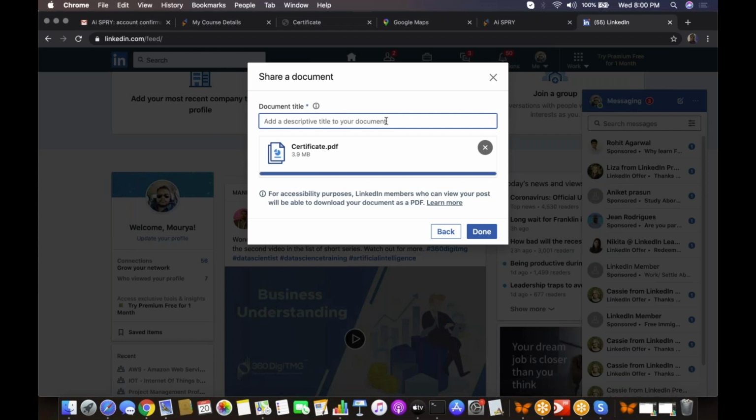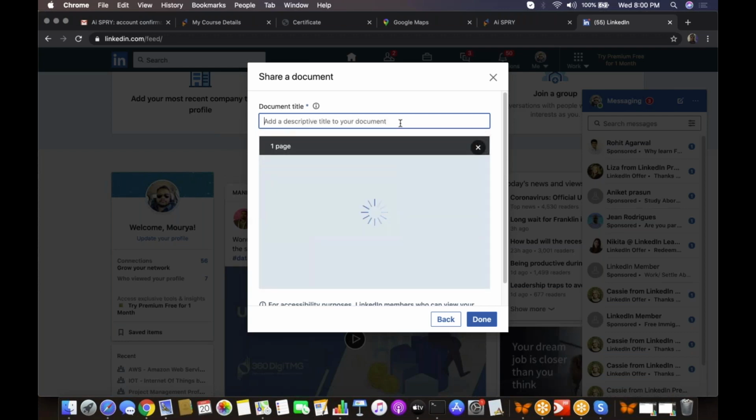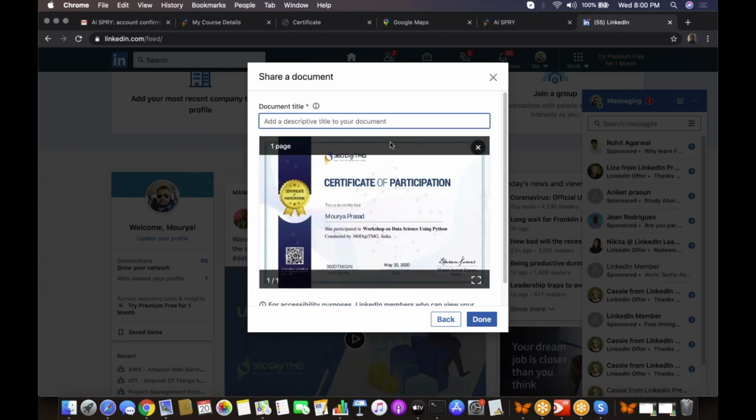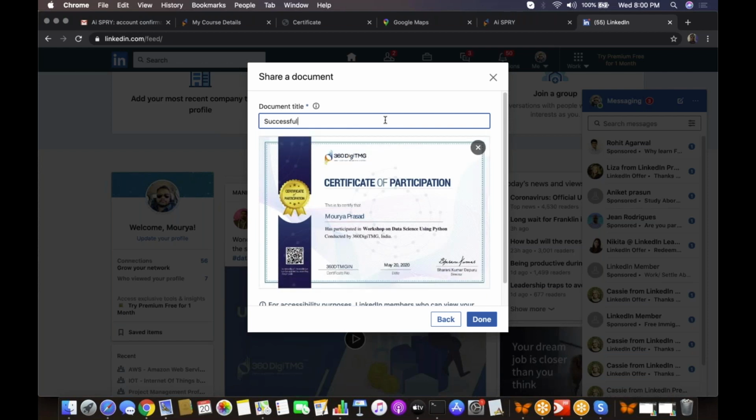I have successfully completed my certification. Write the program name here: Workshop on Data Science using Python. Successfully completed workshop on data science using Python.